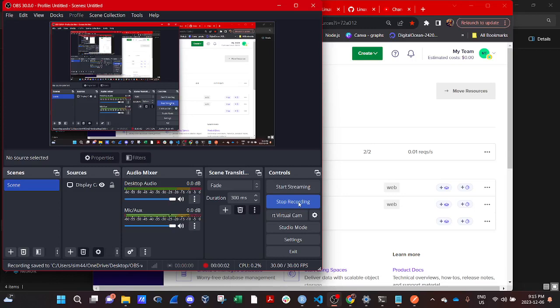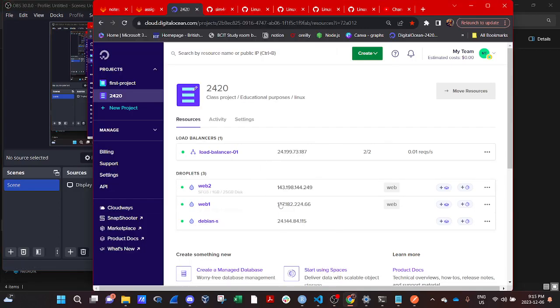To begin with, I created two droplets, Web 1 and Web 2, on DigitalOcean with the regular user web by tagging. And today we will set up these servers, which are made by creating droplets Web 1 and Web 2. The regular user web is created in a way that it has its bash set as the login shell, and it's a member of the sudo group, and it is able to connect